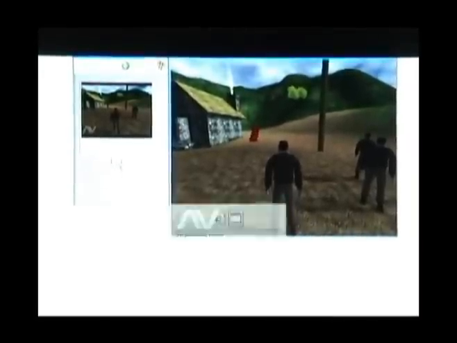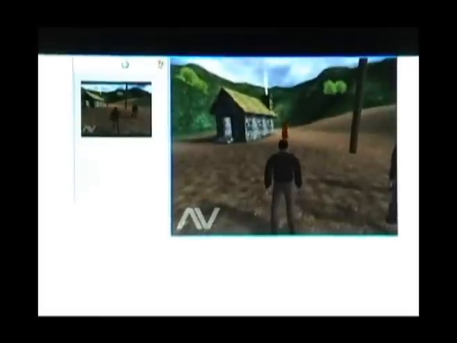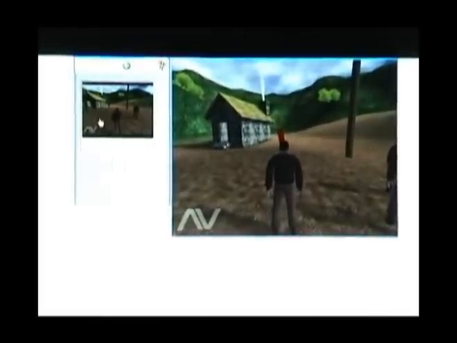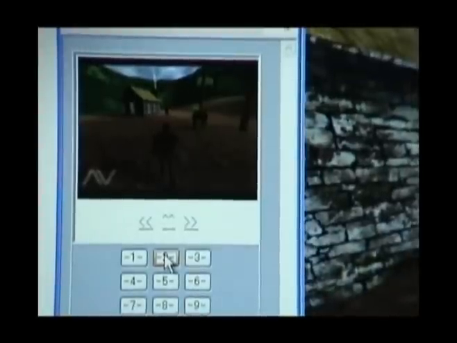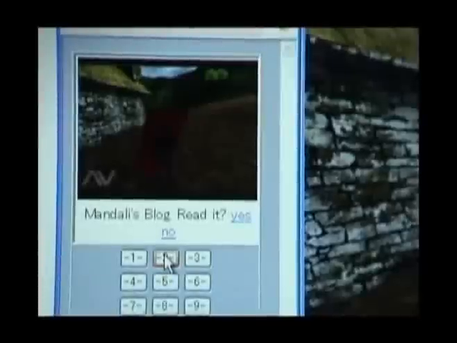As you can see here, you can see stores and mountains, but these could be stores, these could be shopping areas, etc. Anyway, let's get a bit closer to the actual blog here. Let's see what this blog has got to say for itself. I just passed the blog here, and what I get on the mobile phone, of course, is a representation of that. Now when I hit the blog, what you are seeing is Mandali's blog.